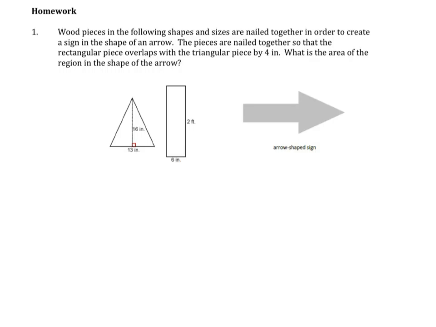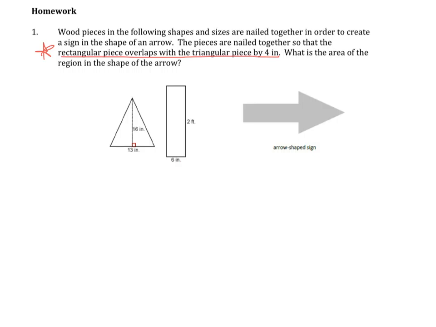Wood pieces in the following shapes and sizes are nailed together in order to create a sign in the shape of an arrow. The pieces are nailed together so that the rectangular piece overlaps with the triangular piece by 4 inches. So this is important information. What is the area of the region in the shape of the arrow? So that important information that I just underlined